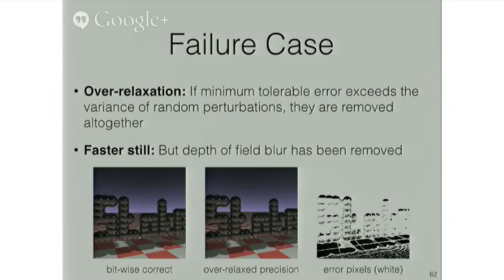It gets me within that error bound. The code is, as you would expect, a lot faster because it's not doing anything. But in this case, the error is noticeable. You can see the blur on the horizon here, which used to be quite prominent, has now completely disappeared because the kernel that induces it is gone. And as a result, just about every pixel is wrong in one way or another. So here on the right, again, error pixels highlighted in white. Just about every pixel is white.